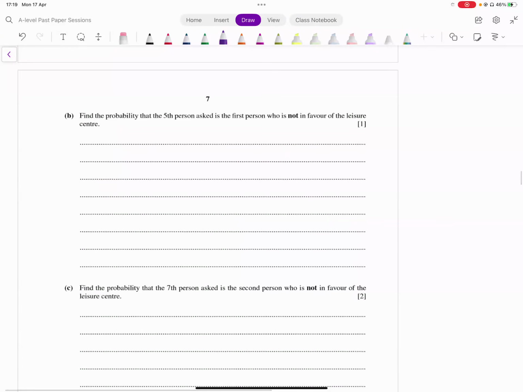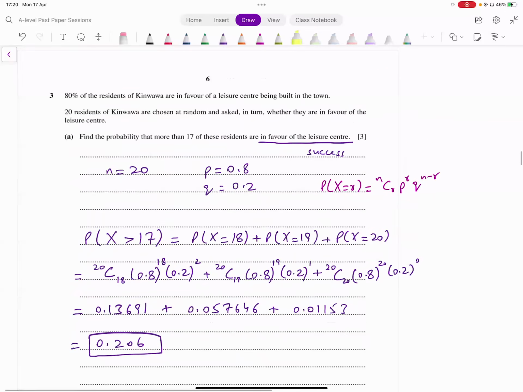It says find the probability that the fifth person asked is the first person who is not in favor of the leisure center. Okay, now notice the language used here. Probability that the fifth person is the first person. Does that remind you of something? बाइनोमियल में तो हमारा होता है कि नंबर ऑफ सक्सेसेस कितनी है. यहाँ पे फर्स्ट सक्सेस की बात हो रही है. फर्स्ट सक्सेस कहाँ पे होती है? ज्योमेट्रिक डिस्ट्रीब्यूशन में. सो ऊपर वाला जो था, दिस वाज बाइनोमियल डिस्ट्रीब्यूशन,